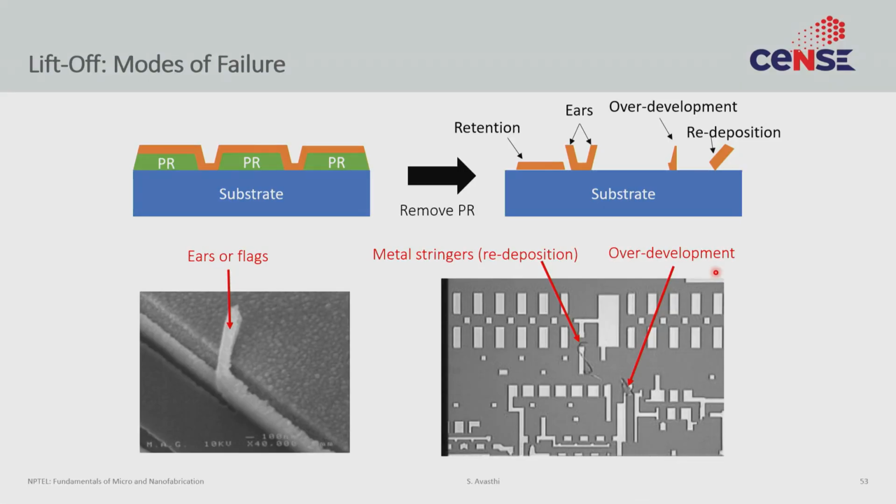Some of the problems that people have when they do lift-off is you actually get retention, where you get some film where it shouldn't be. Sometimes you get ears, which happens when you actually have a conformal deposition, so the sidewall metal remains. You can get overdevelopment where metal peels off from places where it should be deposited. Or sometimes you just get redeposition, where some metal actually floated away from this portion, but then it remained in the solution and at some point fell back on the surface. So often you start to see these defects when you look at your images. So this is why lift-off is a little tricky or a little non-repeatable process, but it's required for things like platinum.